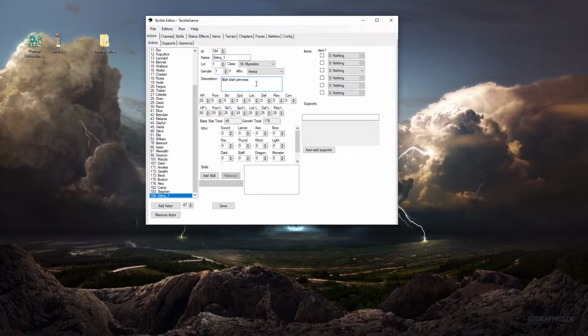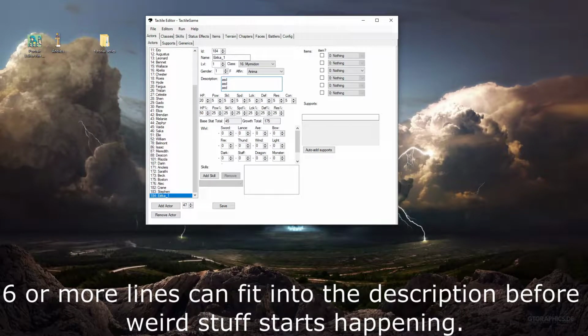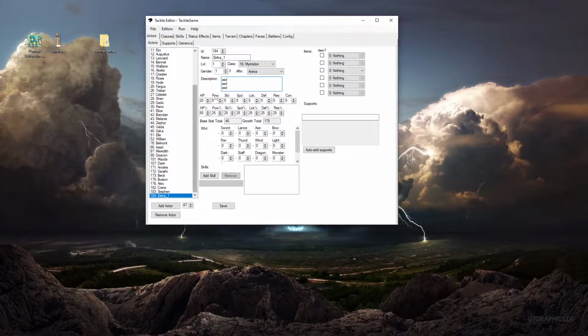Now to add new lines to your description, all you have to do is press enter. That's it, and it's as simple as that. Just play around with it. I think it's like 6 at most, so you have plenty of space for the description. And now obviously her faces,